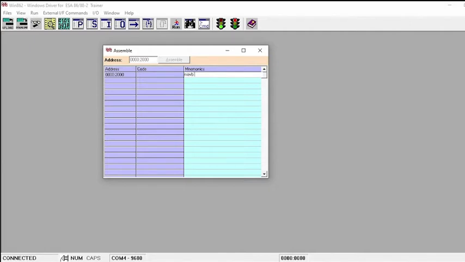MOV AL, #80. So this 80 is the value of the CWR, control word register. MOV DX, #0FFE6. This is the port address.